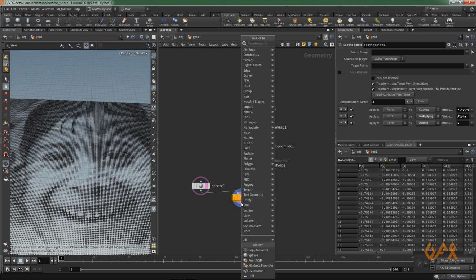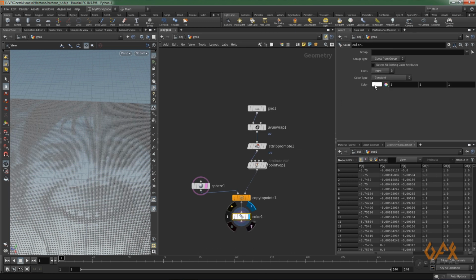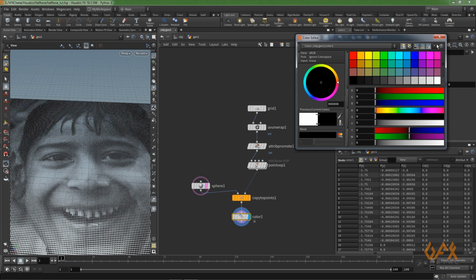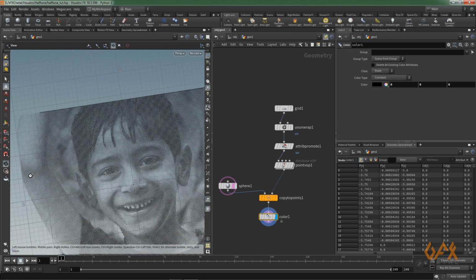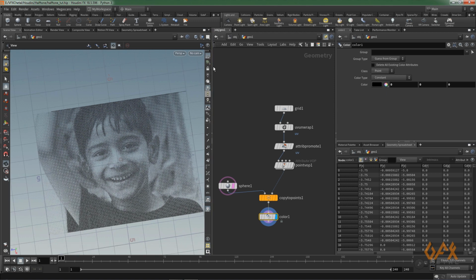So I just create one color and set it to black. Okay, so that's how you get this halftone effect.